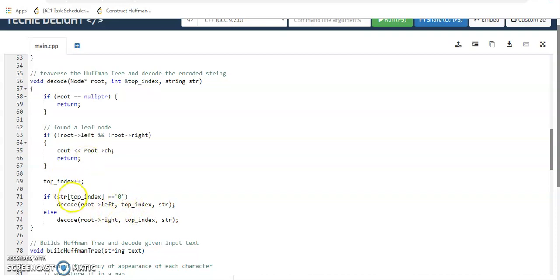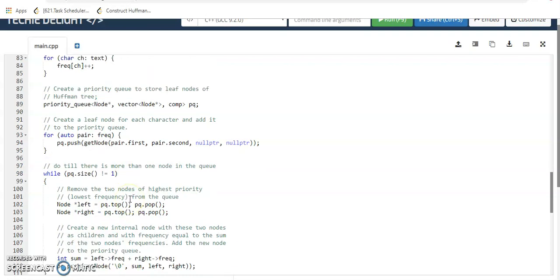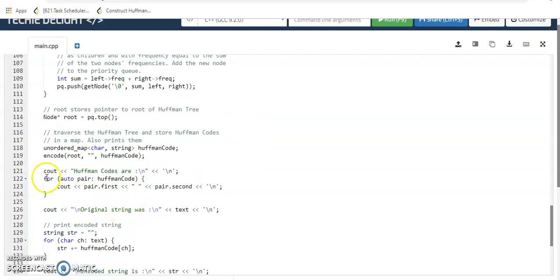Now after the end of this decode function, we shall get the original character for the binary code, and the control will move here. See, our Huffman codes are here. Basically we try to print the Huffman codes, that means the binary codes of the associated characters.